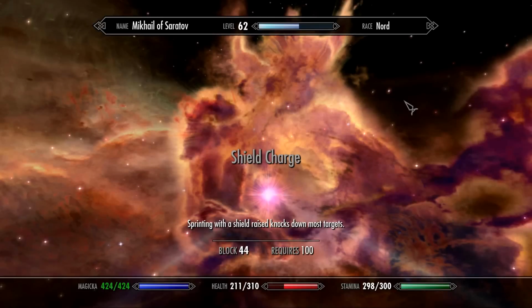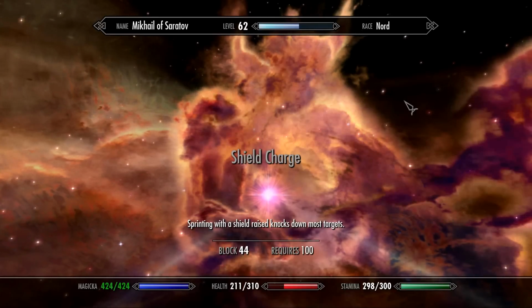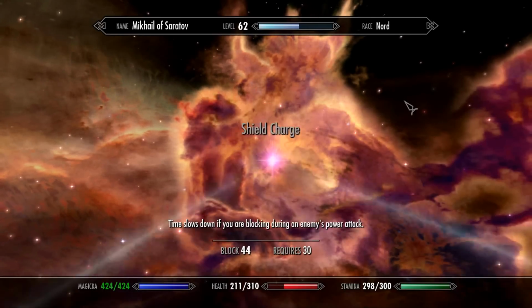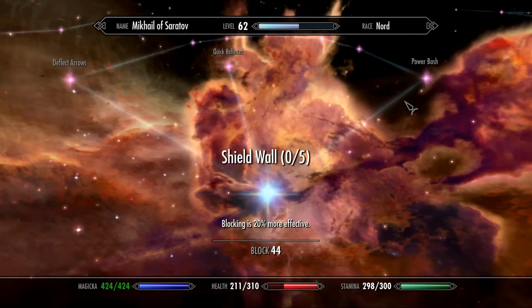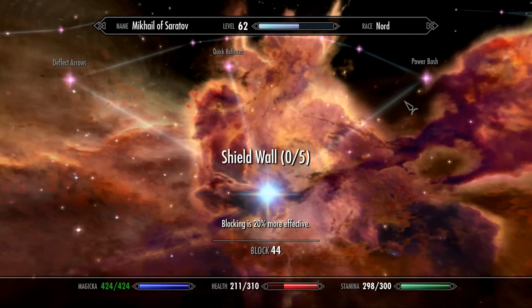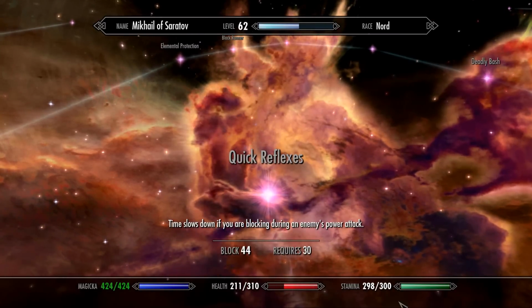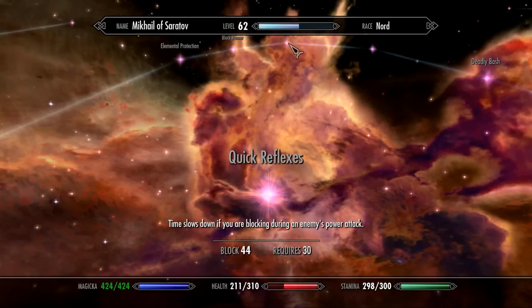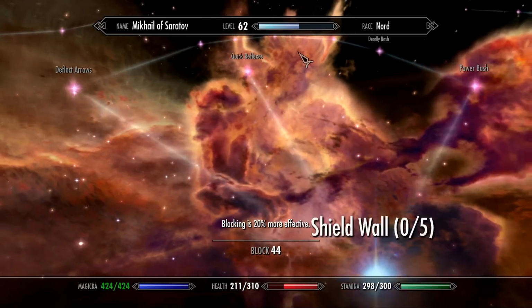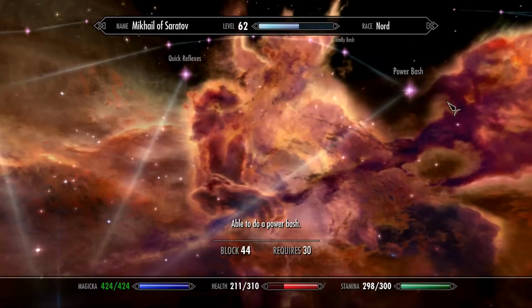The final skill is the shield charge. Sprinting with a shield raised knocks down most targets. This is the ultimate skill with the shield, which will allow you to knock down small enemies on the ground in order to beat them up and finish them off, which will of course require large resources of stamina in order to sprint, in order to knock the enemy down. It's a very effective skill. I personally support the left tree rather than the right tree, but I'm still going to talk about the right